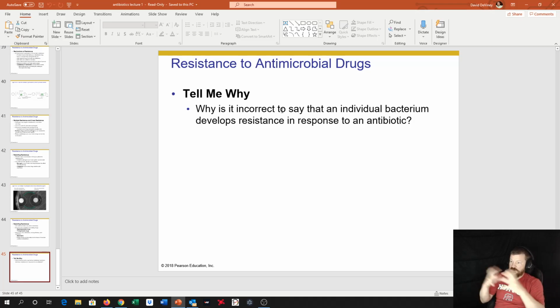So if you have a billion bacteria, right, and you take an antibiotic and almost all of those bacteria are susceptible to that antibiotic, they're going to die, except for the few that aren't. And then your immune system hopefully will take care of those. And then you keep taking the antibiotic, and your immune system, along with the antibiotic, helps control the infection. If you stop taking the antibiotic, then all those resistant ones, well, the other thing I should say is just because an antibiotic doesn't kill a